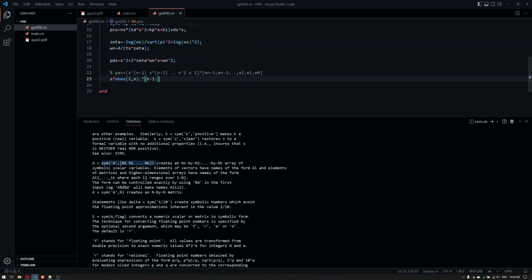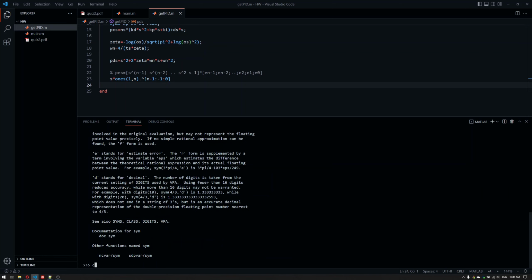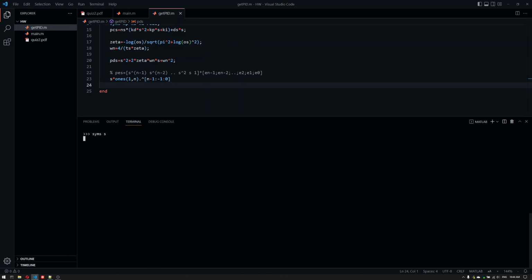So what does this operator do? By the way, I'm generating basically these powers here: n minus 1, subtract 1, up to 0, so s to the power of 0. So this is basically an element by element power. Let me demonstrate that. Sims s. If I have this, and by the way, let's come up with an n value here. Let's say n is 3 for some reason. If we have n equals 3, this portion here creates 3 s's. And if I take the power